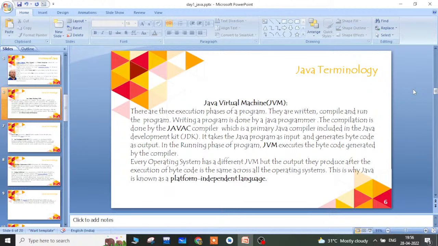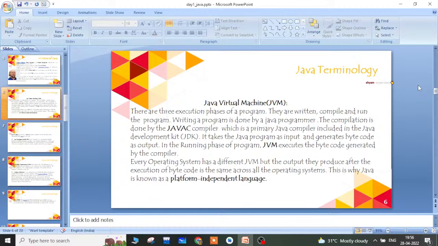So which will support a platform independent. By that, the Java program is going to be executed in two phases. In the first phase, you compile the Java program and it generates a bytecode instead of an object code, and this bytecode can run in any other operating system, which makes Java an independent platform.